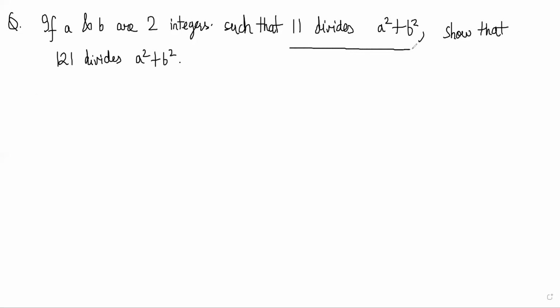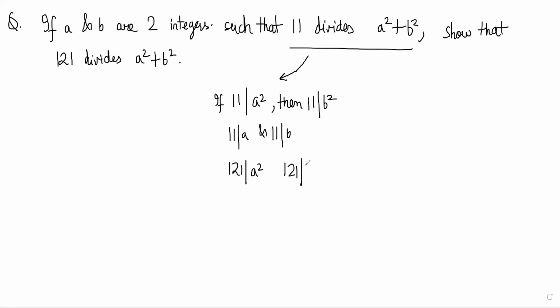11 divides A square plus B square can happen in multiple ways. One way is if 11 divides A square, then 11 must divide B square, right? So that means that 11 divides A and 11 divides B. So that will mean that 121 will divide A square and 121 will divide B square. So 121 will divide A square plus B square. So that is the easy case,